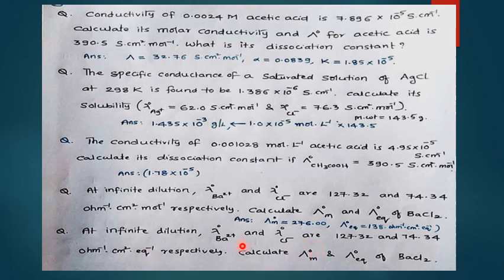Clear? In this one, molar is present, so first calculate this value and then use the relation between this and this one and calculate this one. But in this other case, first calculate this one using those values, because you cannot calculate this one directly since it is equivalent inverse. This is the mole inverse condition. So first calculate this one, and by using it, proceed to calculate the molar conductivity at infinite dilution using the relation only.